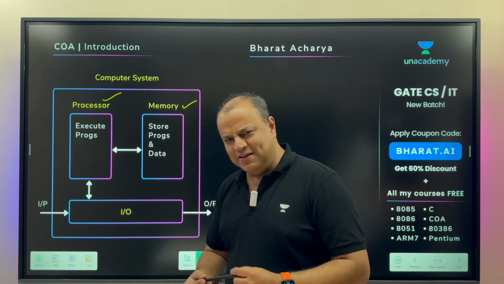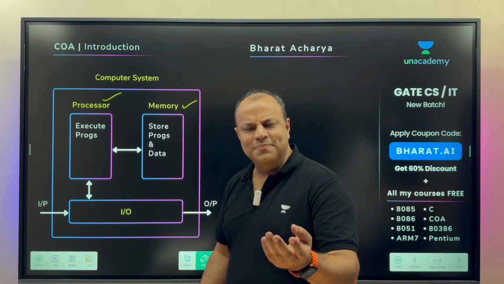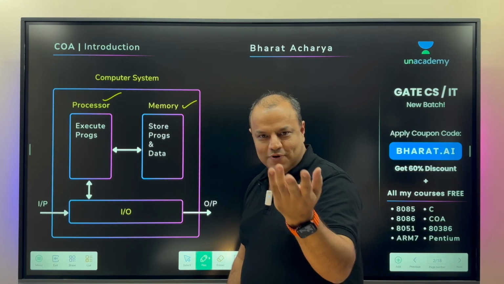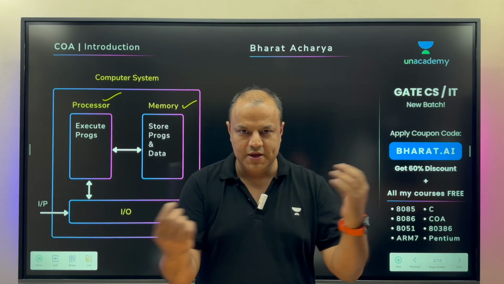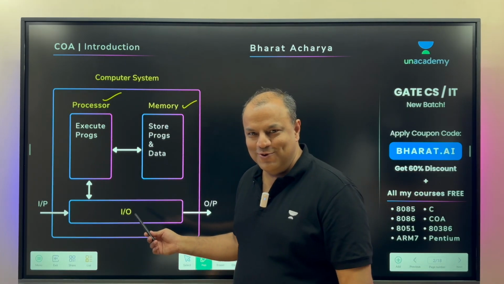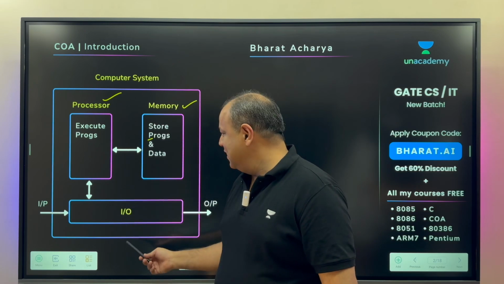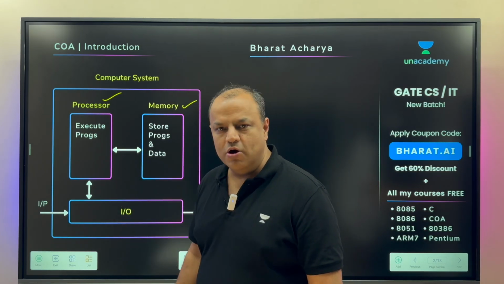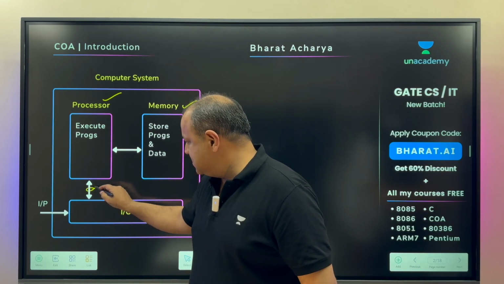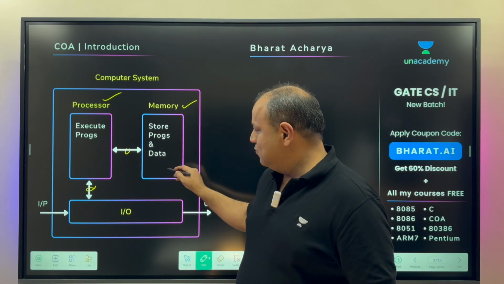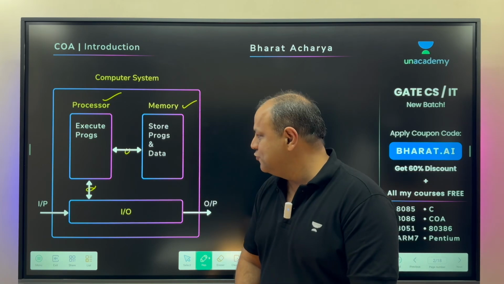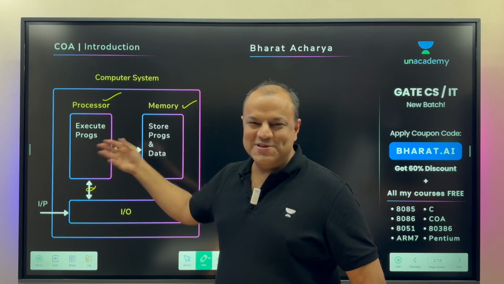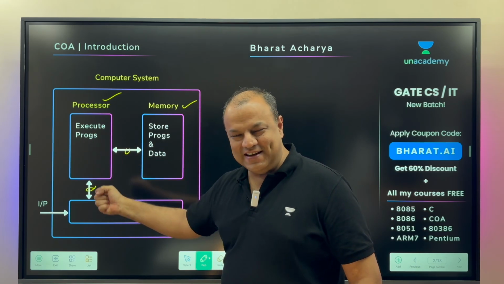In fact, you can see one thing very clearly from the diagram itself. Many things teachers teach, many things strike us by themselves. If you're a keen student and you're not just looking here, you're looking around, you would have noticed that there are three objects, but there are only two connections. They are called buses. I'll come to them. You can see a bus here, you can see a bus here. There's no direct connection over here, which means who controls everybody? The processor. Processor interacts with memory, processor interacts with I/O.